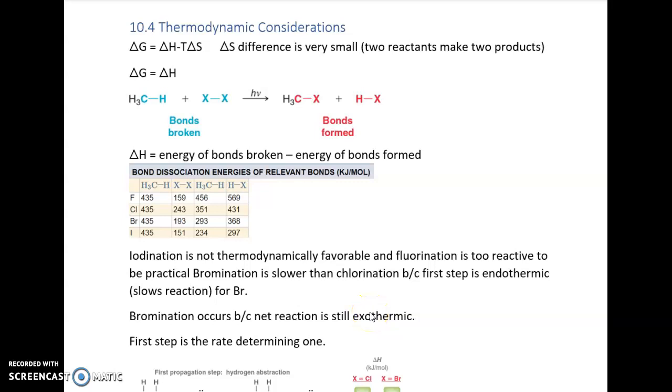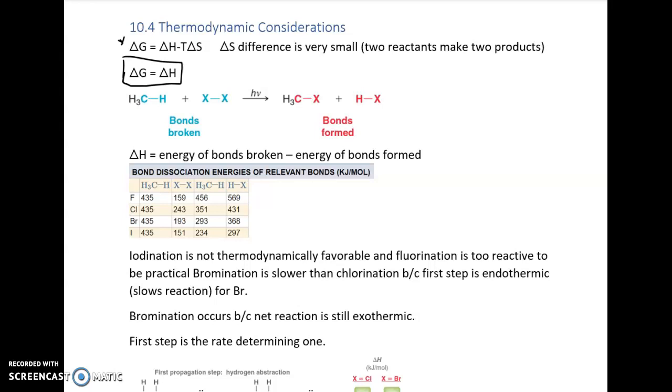So what are the thermodynamic considerations of these radical reactions? Well, we have our very familiar equation now. Gibbs free energy is equal to delta H minus T delta S. The delta S difference is going to be very small in these reactions because we have two reactants making two products. So we don't expect the delta S to be very much. So the delta G is going to essentially be equal to delta H,